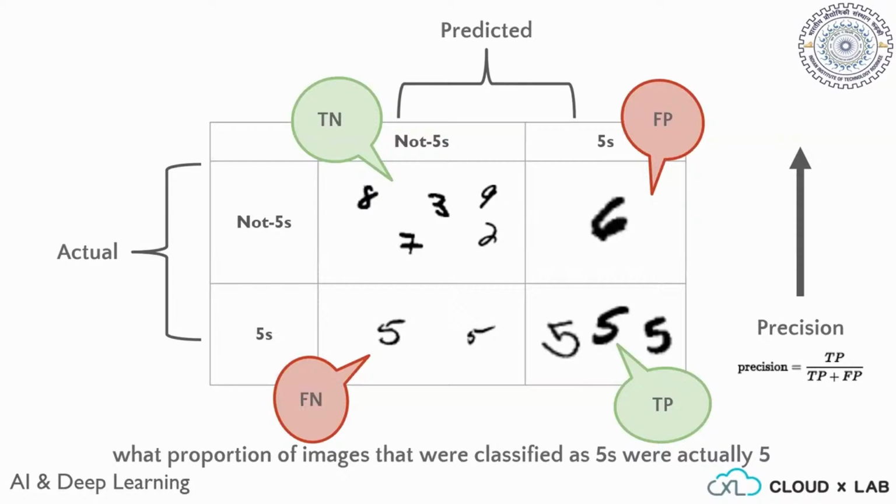Okay, but these numbers which you are seeing right now, true negative as 5, false positive as 1, and so on, are only for one use case of 5, right? Similarly, if this model which we are generating is to predict numbers, it will have similar numbers for 1, 2, 3, 4, and other 9 numbers also, right? Yes. So how will you, sorry, go ahead. So in that case,